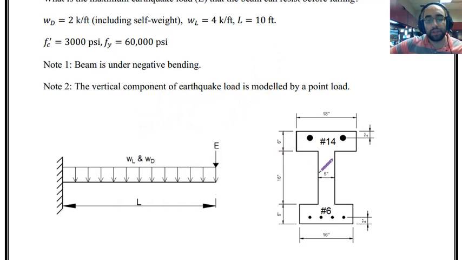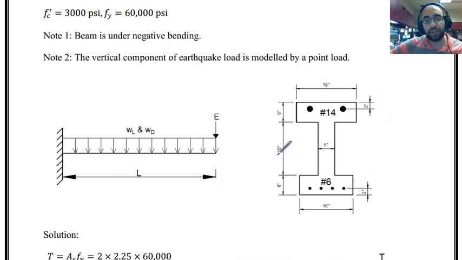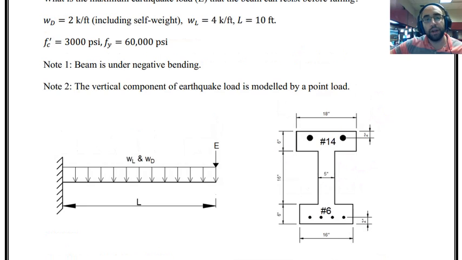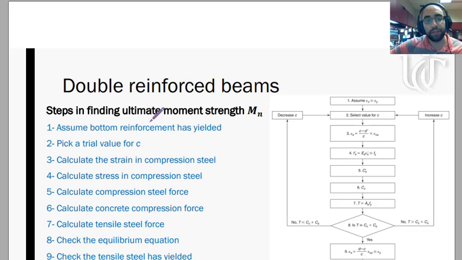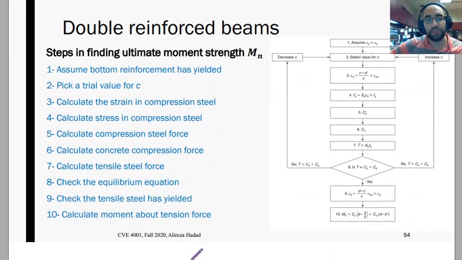Initially, I'm going to focus on this double reinforced section, and I'm going to calculate the strength of this section. Finding the strength of the section is not difficult. We talked about it before. As you remember, in the fourth chapter, we talked about the procedure for analyzing double reinforced sections. We talked about this flowchart, and I told you about the steps that we have to follow for analyzing double